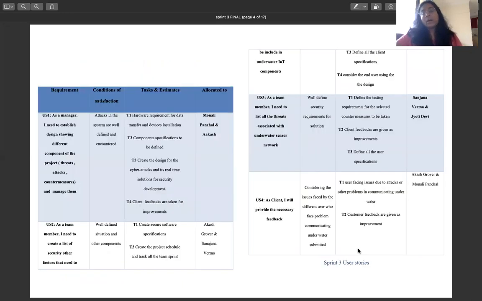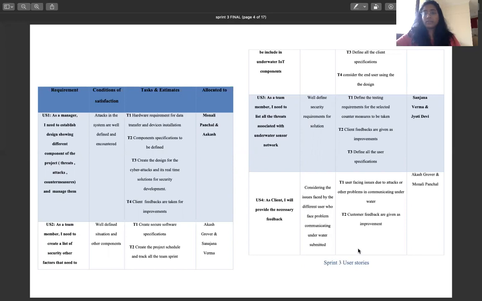Now I will discuss a few user stories with you. There were many user stories, and first our task was to find out all the conditional threats and the cyber threats. Then me and Sanjana were working on finding out the threats. Akash was in charge of figuring out the countermeasures for them. So he found out that if there is this conditional threat or this cyber threat, then what could be the possible solutions or outcomes for them? And Jyoti was basically working on